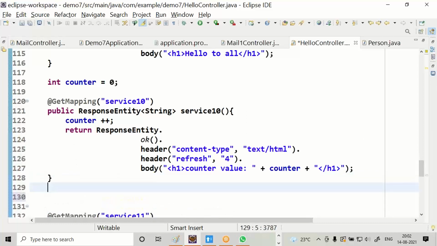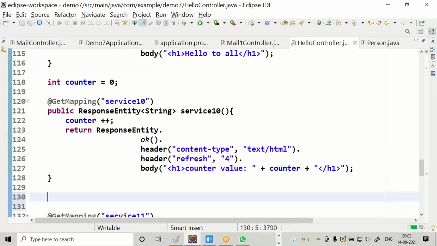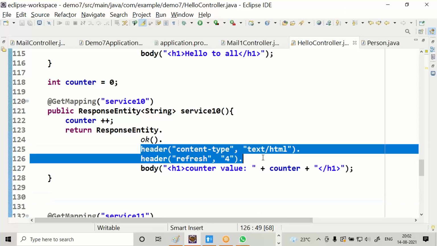Come to the 10th service, everybody. Two headers we are setting here. Any number of headers you can set.